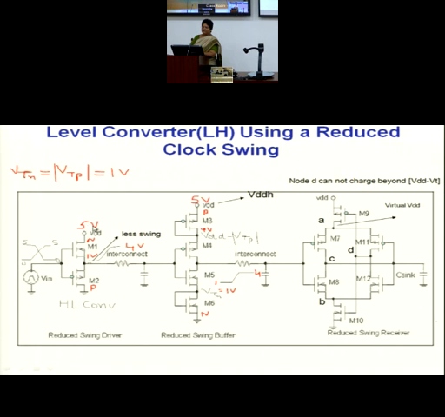This is still the full VDD you are getting, 5 volts. I could have chosen a VDD high also. I could have chosen the design that I have shown you just previously. You can put that over here. But suppose I want to reduce my swing without changing VDD. What will you do? This is 5. Input signal is changing from 0 to 5. I want the output to be reduced to 4 volts.